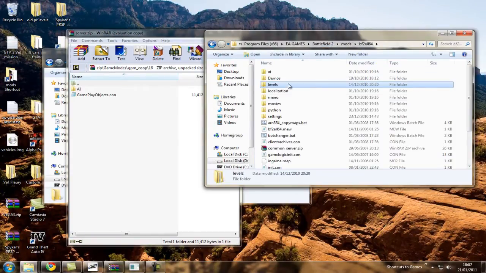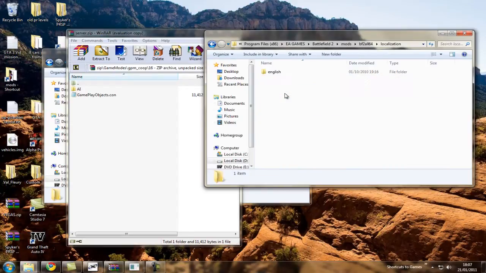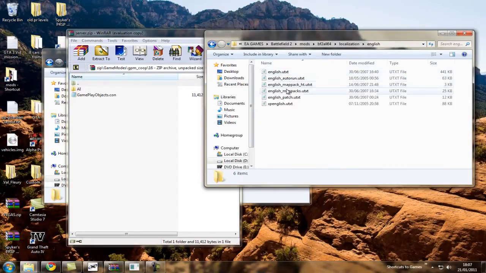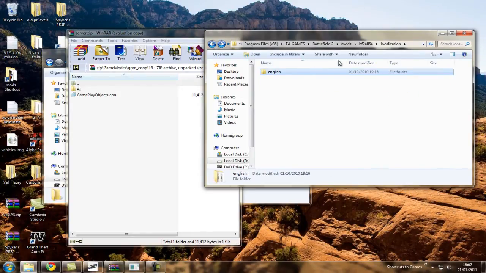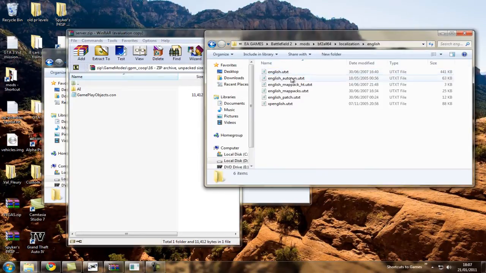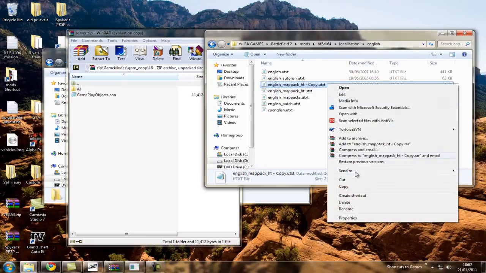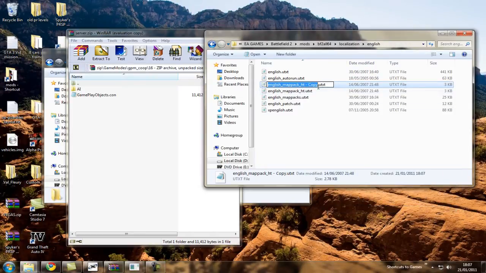So go to your mod of choice, go to localization, English, and then make a copy of the smallest file size localization file. Obviously if you've got it installed in a different language, you can go to one of the many languages it will have on different mods. So we'll go to the smallest one, 3 kilobytes, copy it, rename it as